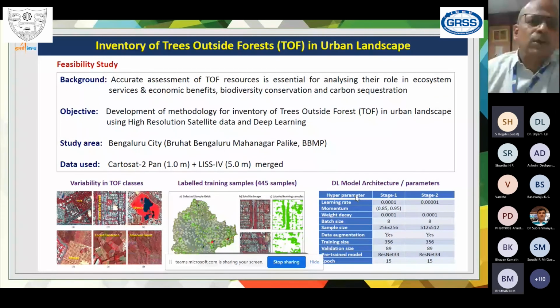So we want to find out the trees outside the forest within the Bangalore city. So that was a sort of proposal we made, and it was approved. And the objective was to develop a methodology for inventory of trees outside forest in the urban landscape using high resolution data and deep learning. So with this study,